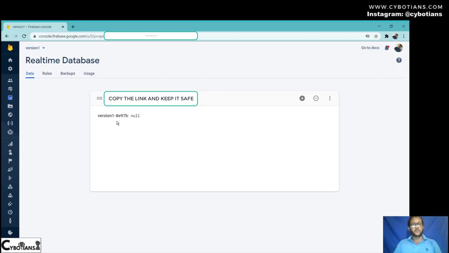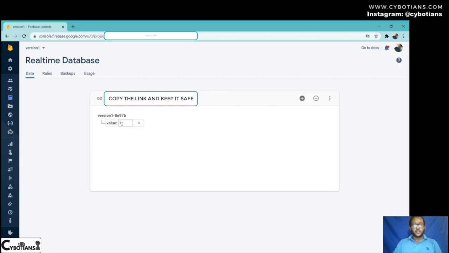This is a JSON format, where you can add your child nodes, like an ID or name. Just as I am adding value, and in the value section I am adding 1 and clicking add. So this is your value child, which is under the version ID, and this is your 1, that is the value.